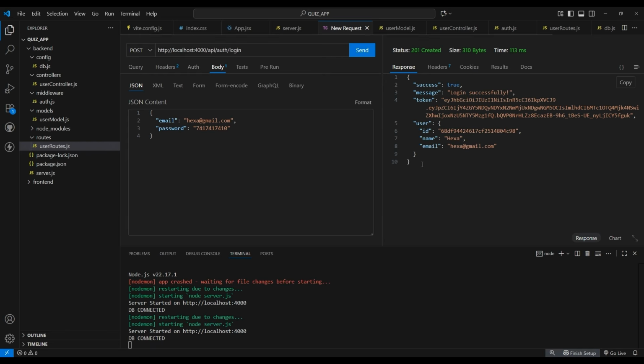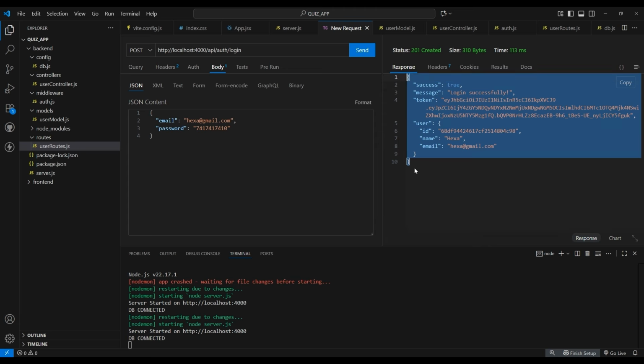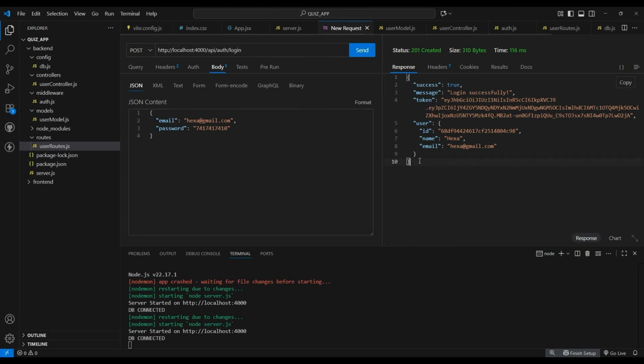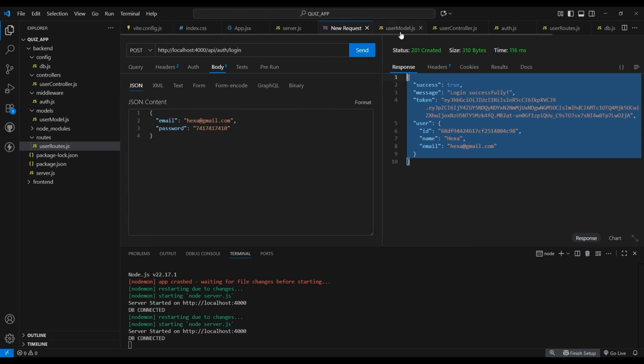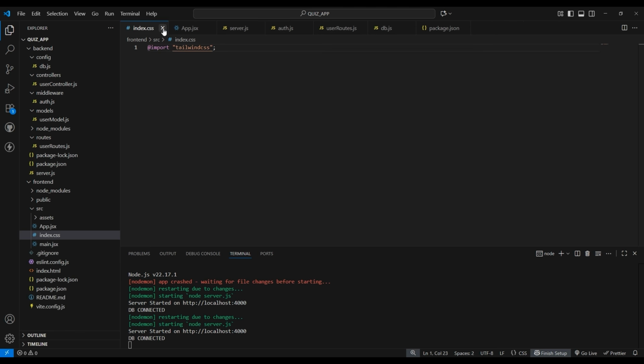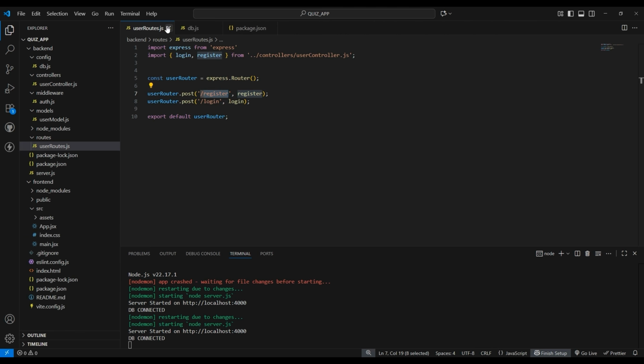So login successful here, it shows this status, and let me just give an incorrect password. So it shows invalid email or password. Now let me correct this password, and again it's working fine here. So we have created our user model and user routes. So after this, let me close all this, and now